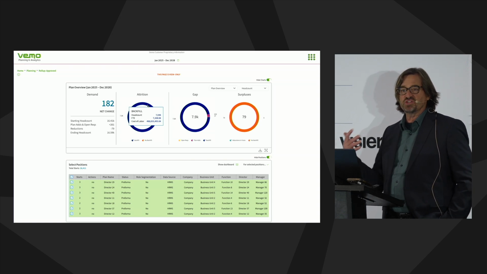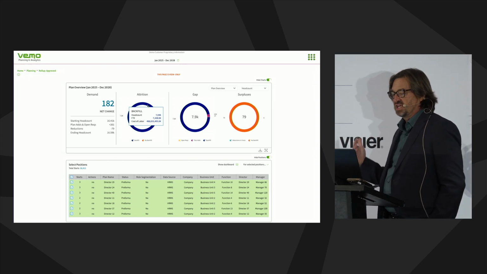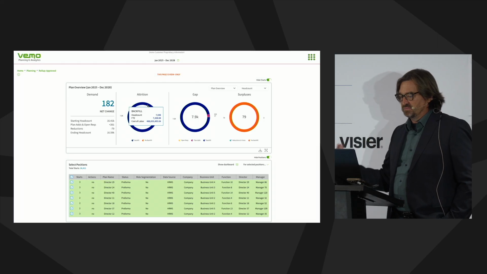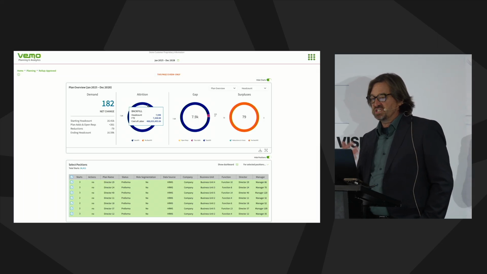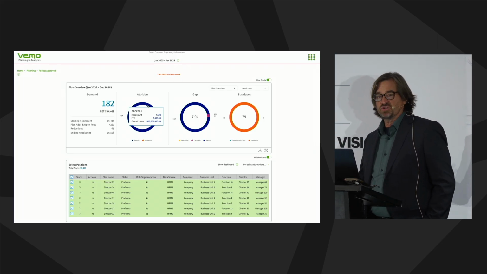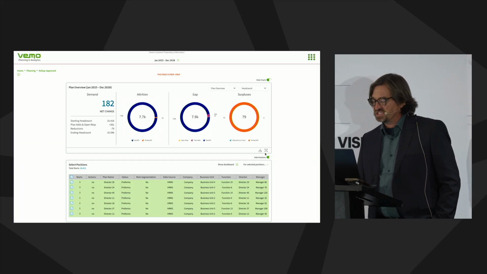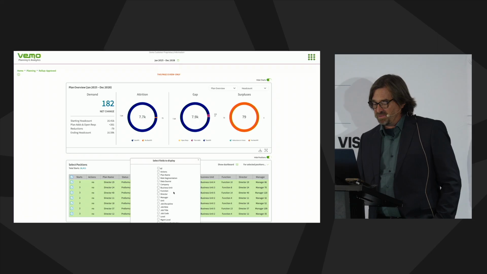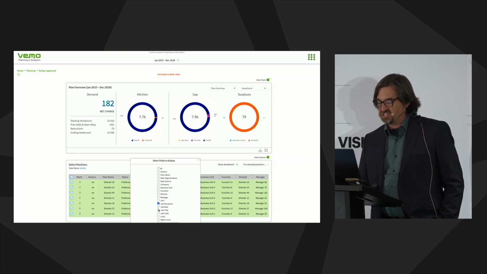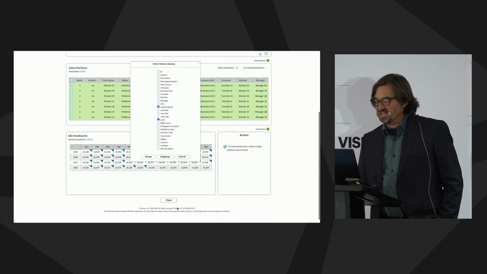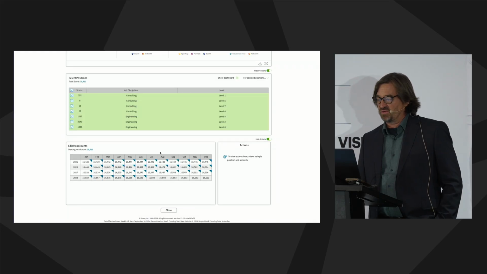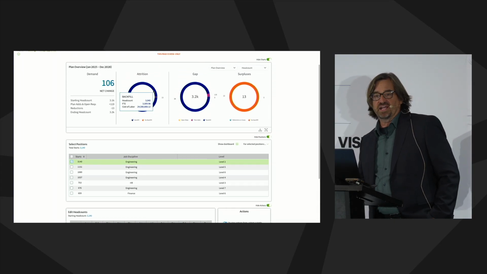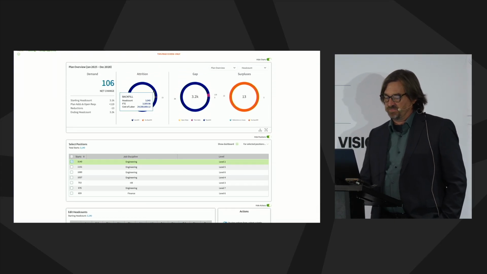So not just headcount, but also FTE to service finance, and cost of labor to service finance as well, and understand what that attrition looks like. What are my gaps and surpluses in the workforce? Then they can start diving into this and look at any level and plan at any different level and say, maybe I just want to focus on my workforce in terms of my job disciplines and my level. This specific planner can then hone in and start looking at large buckets of work as well and see, okay, if I have a lot of engineers at level 2, what does that look like in terms of gaps and surpluses and things like that?